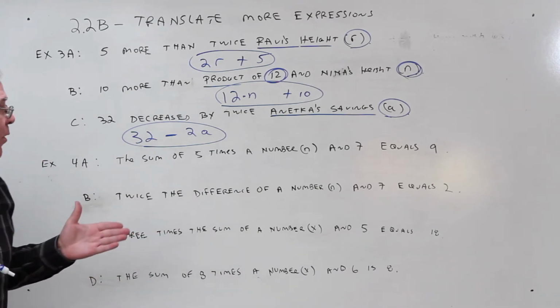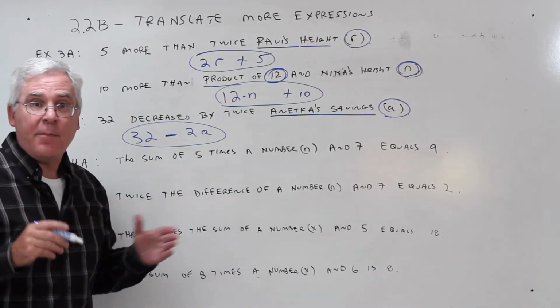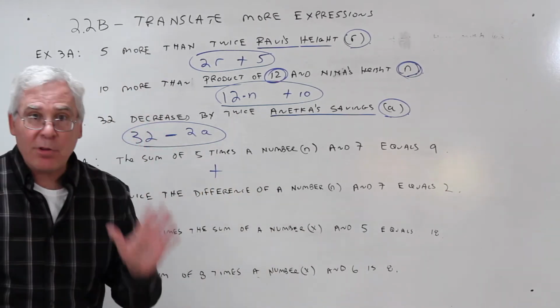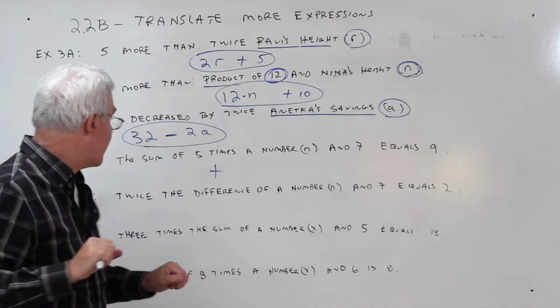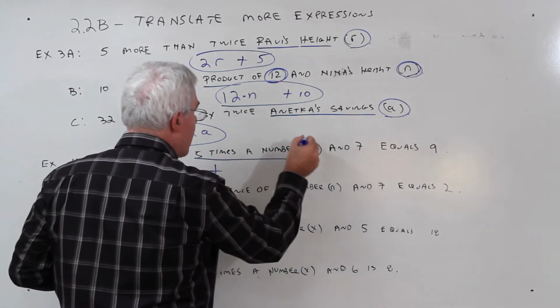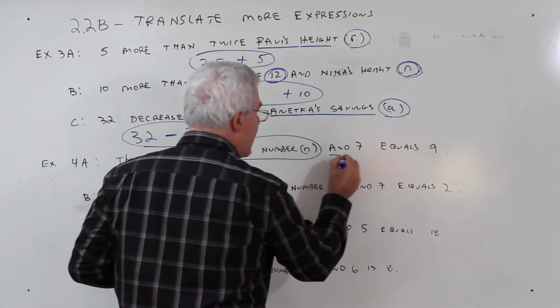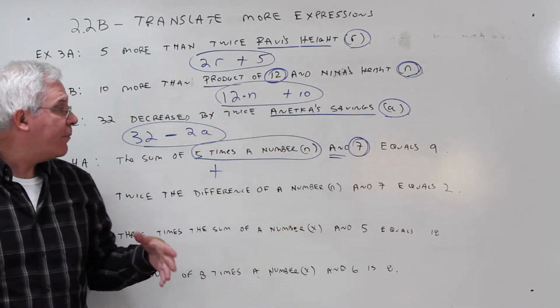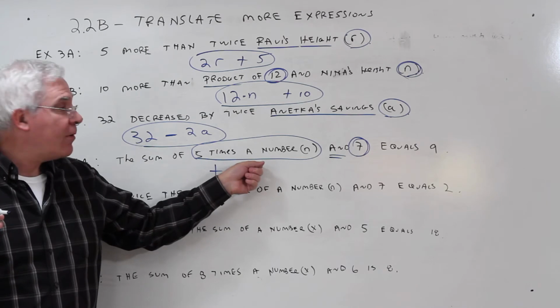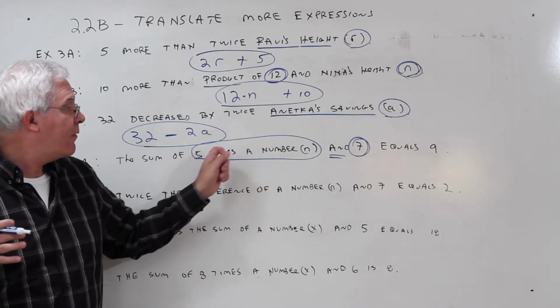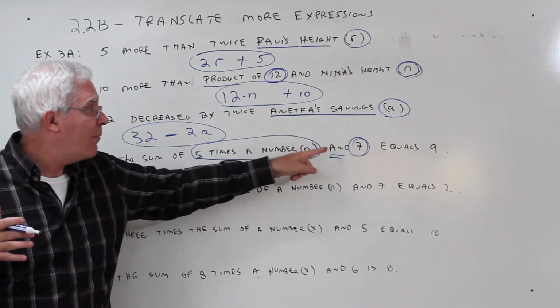Okay, example 4. The sum, so right away, I'm thinking of something plus something. I got to find those two things. 5 times a number and 7. So those are the two things that are being summed. 5 times a number and 7, and the number I'm going to call n. So 5n plus